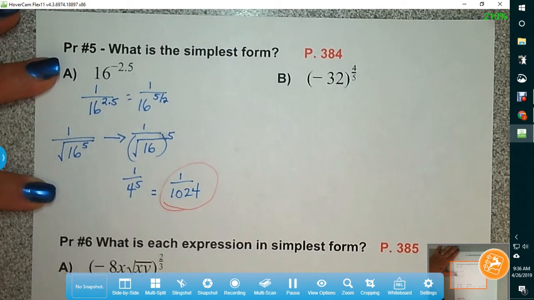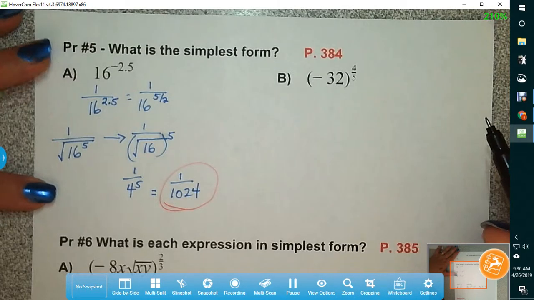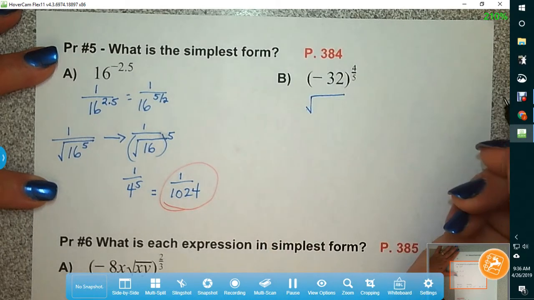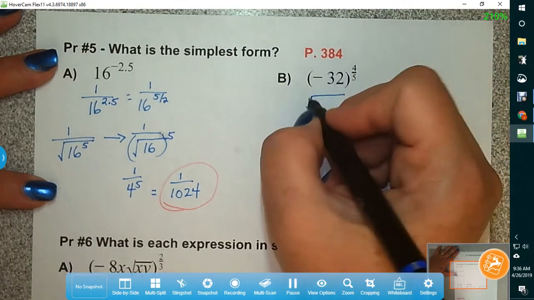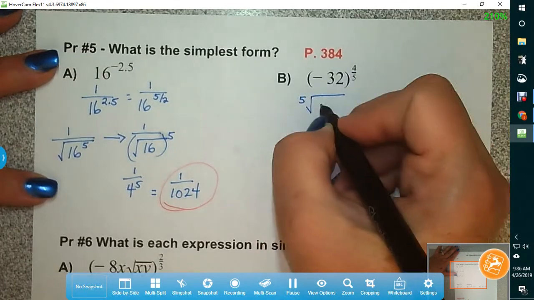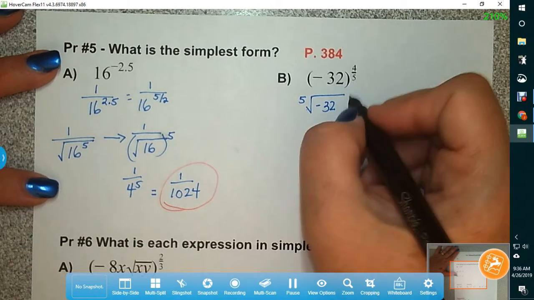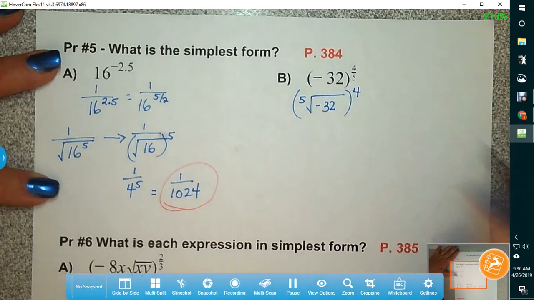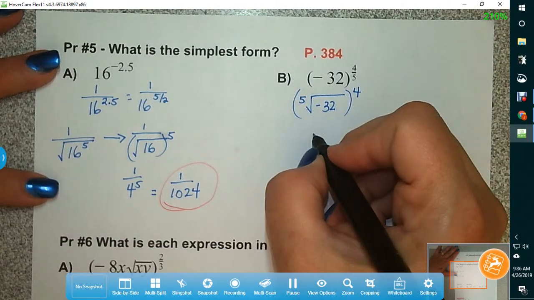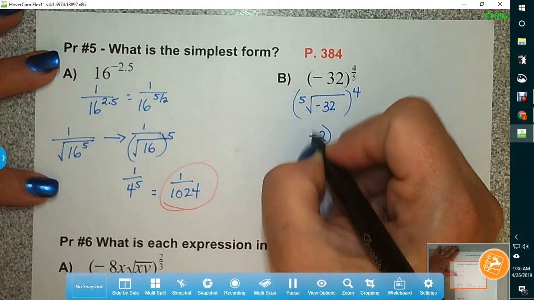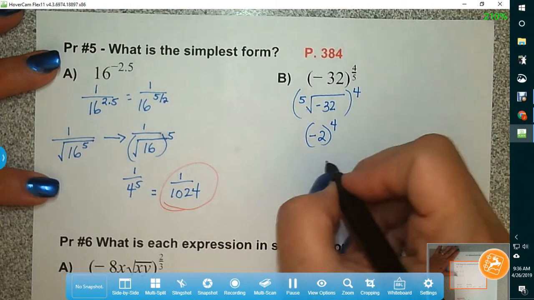All right, part B. This time my exponent isn't negative, but my number is. Well, that's okay. You can have a negative number. You just are not allowed to have a negative exponent. So I'm going to go ahead and put this in radical form because my brain works better with it there. So I'm going to have the 5th root of negative 32. I can put my 4 inside, but that's going to give me a really big number. So I'm going to put my 4 outside. So the 5th root of negative 32 is negative 2, to the 4th power will give me